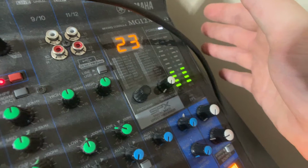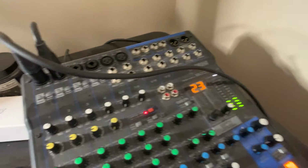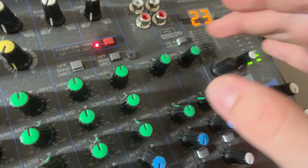Because it's the model, it has a USB connection to it. Normally mixers are more for just analog stuff. You can get mixers with USB, like this guy, that connects via USB. This will allow you to change whether...